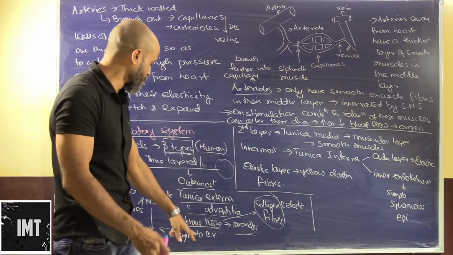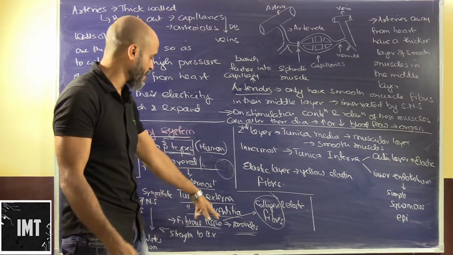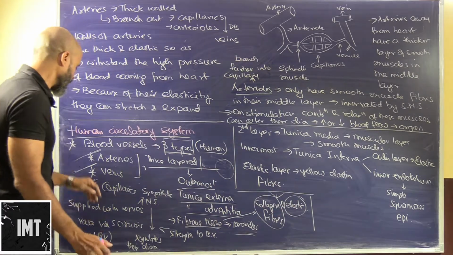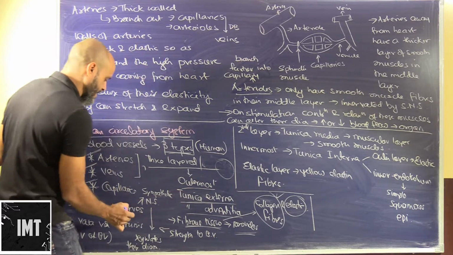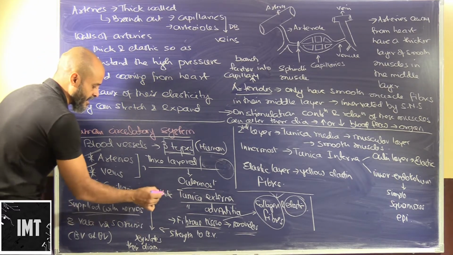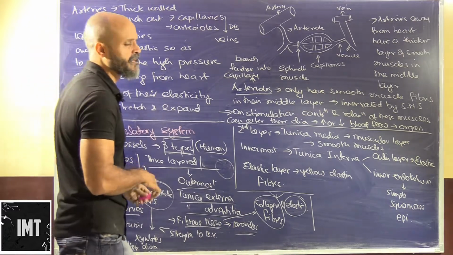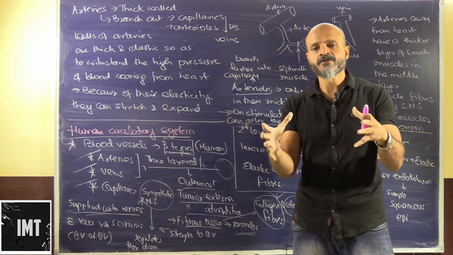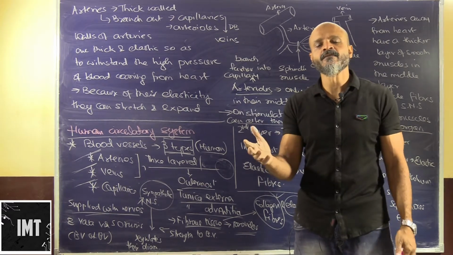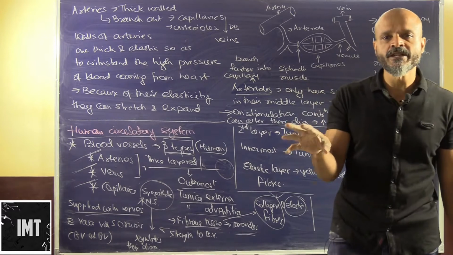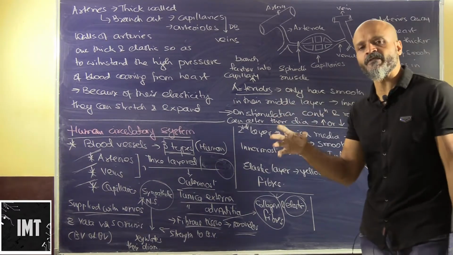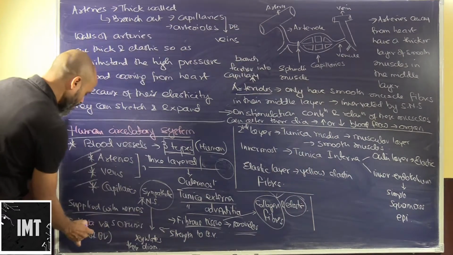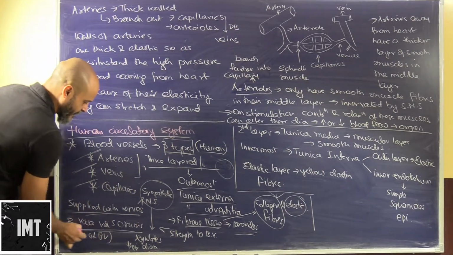The basic function is to provide strength to the blood vessels. This is made up of collagen fibers, and this is primarily elastic. Now one thing about the tunica externa is that it is supplied with nerves. Sympathetic nerves control the diameter. They will control the diameter as per the requirement of the blood going in or out. As per the organ, there will be a requirement of blood, and hence the diameter can be controlled. Also it is supplied with vasa vasorum.